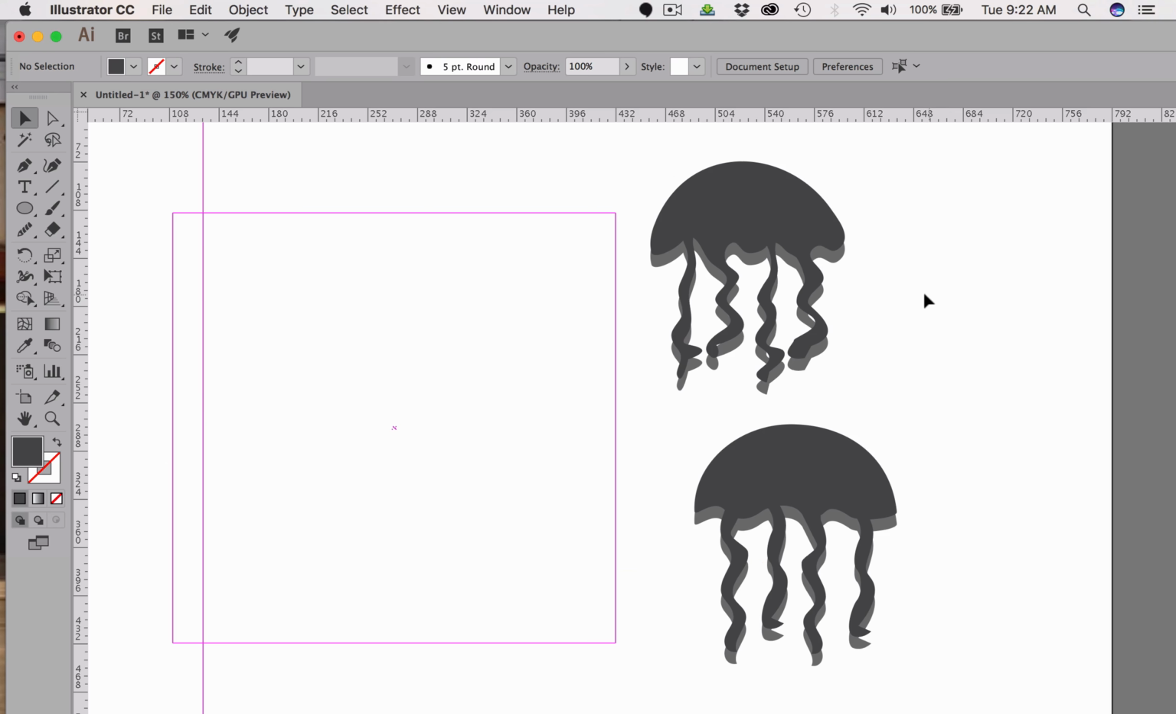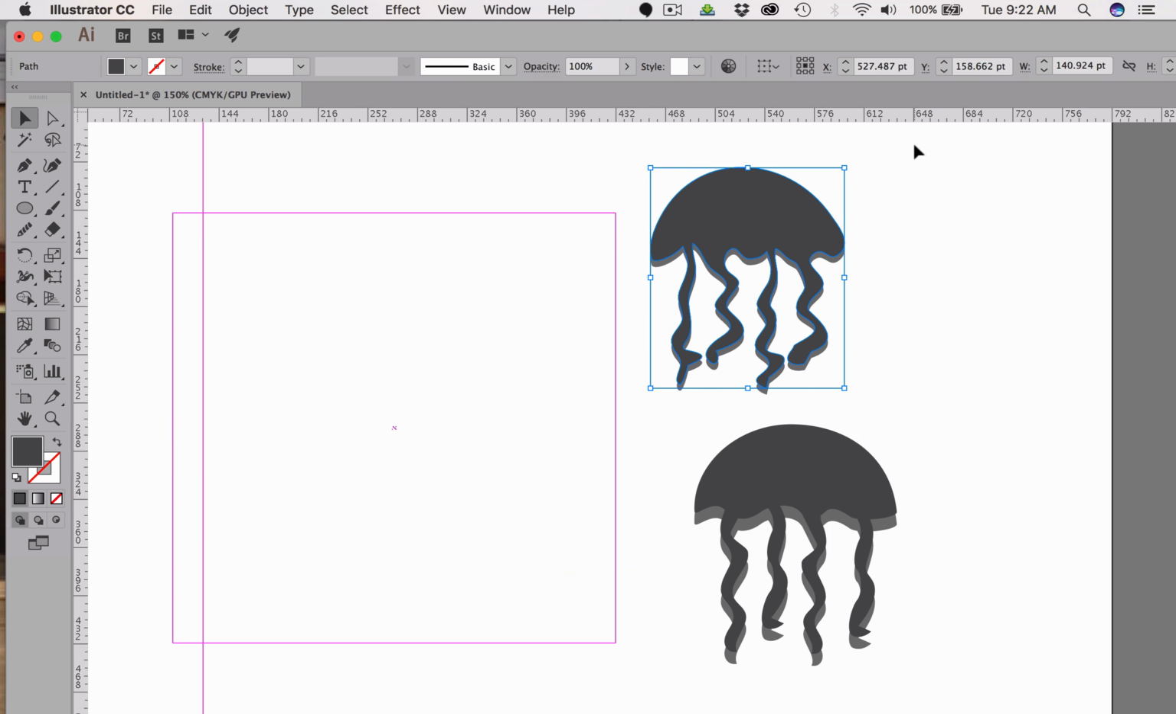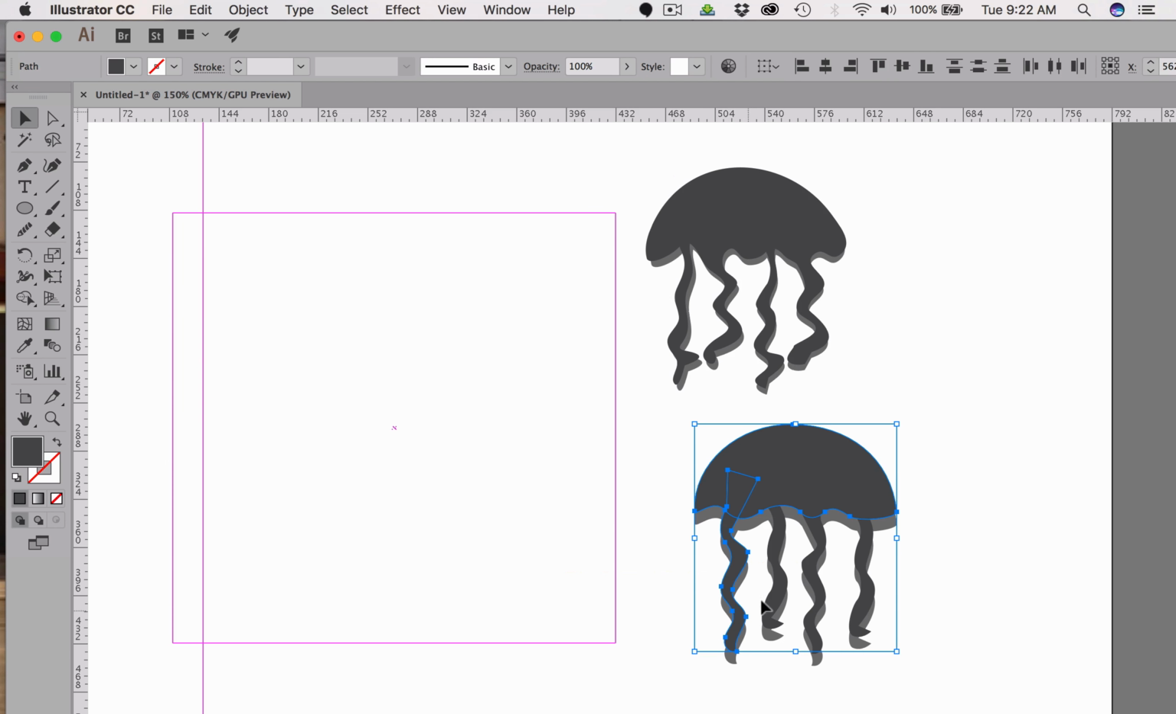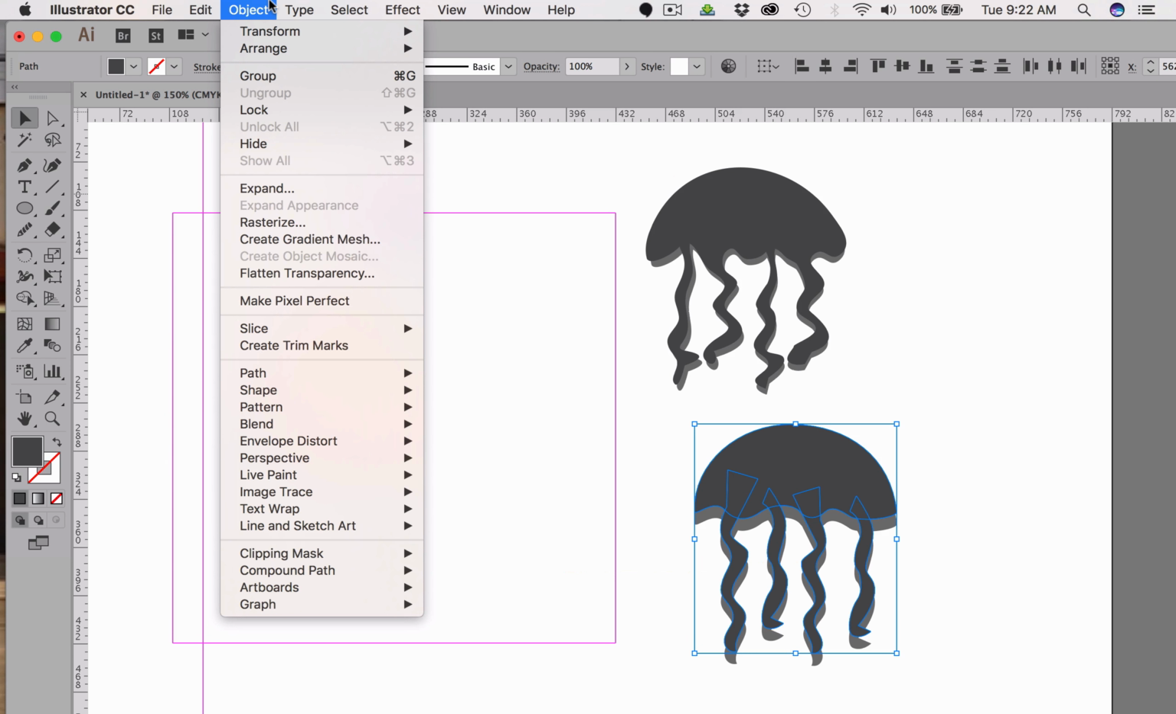That'll work for now. I probably should mention that this top one is grouped, so it makes it really easy to click on it and move it into a slightly different position or make it wider, etc. And this bottom one, I'll click the top part of the jelly, hold the Shift key down, and click on the darker gray parts. Group this, Object, Group,